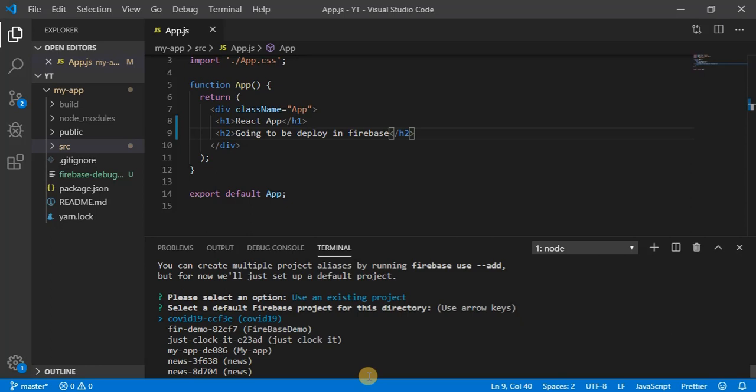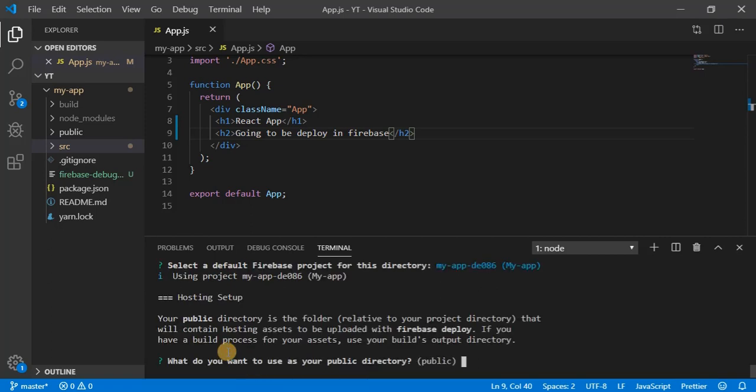So here it will give you the names of all your projects. So you have to select your project. So in my case, my project is my app. So let's hit enter. Here it will ask what you want to use as your public directory. Already we have created our build, so I want to use build as the public directory.